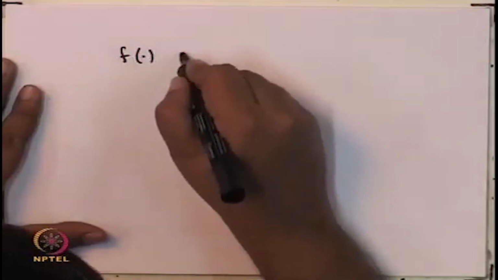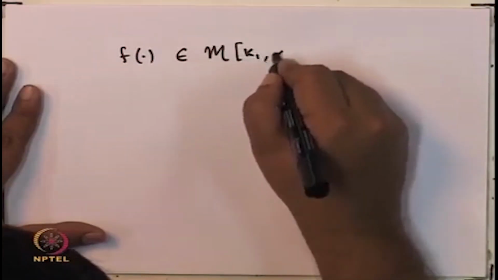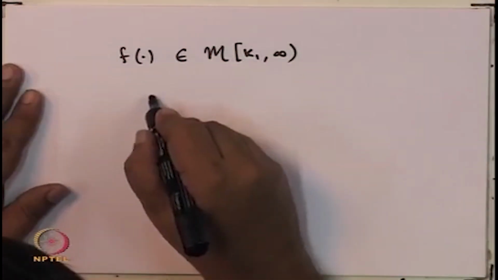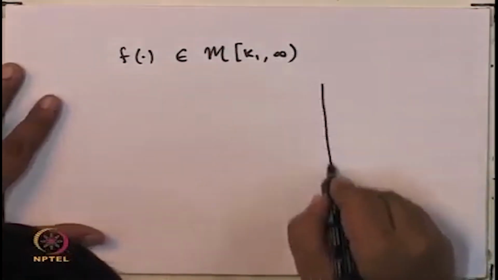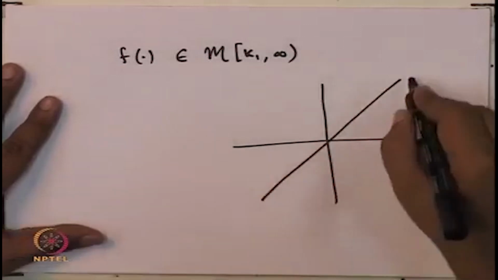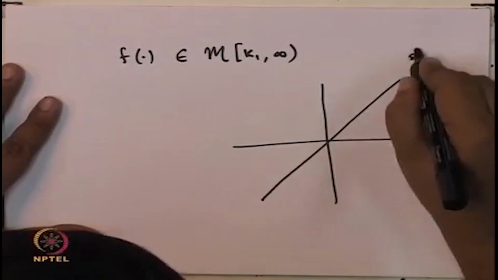We want to talk about this f, which is in the K1 infinity sector. So, this is a line with slope K1,